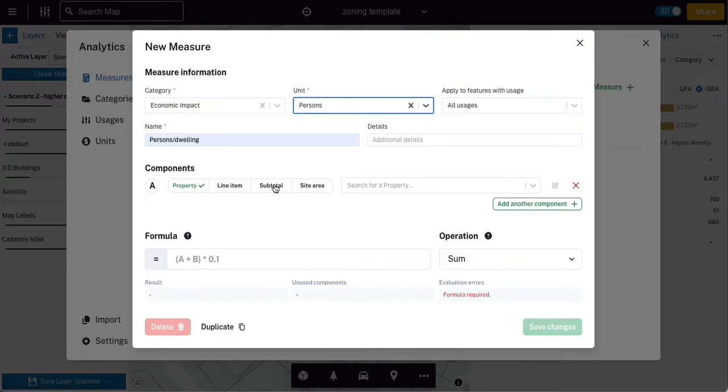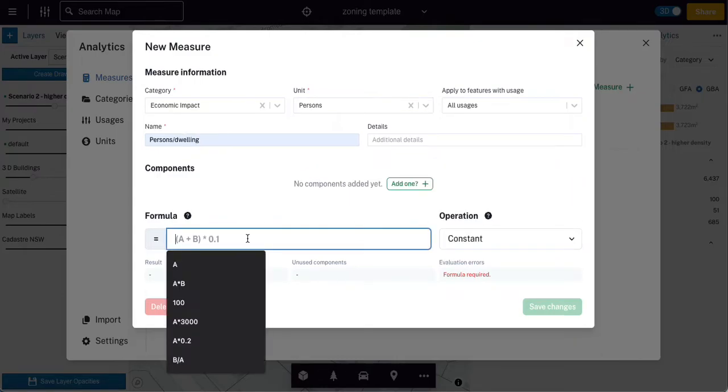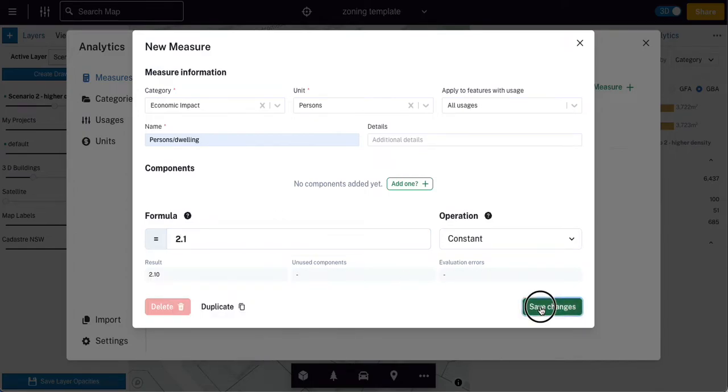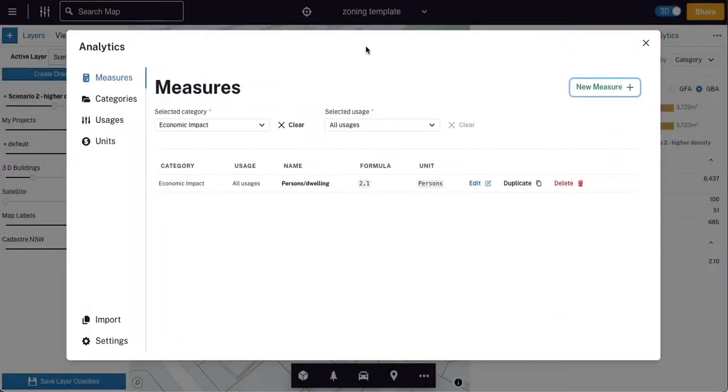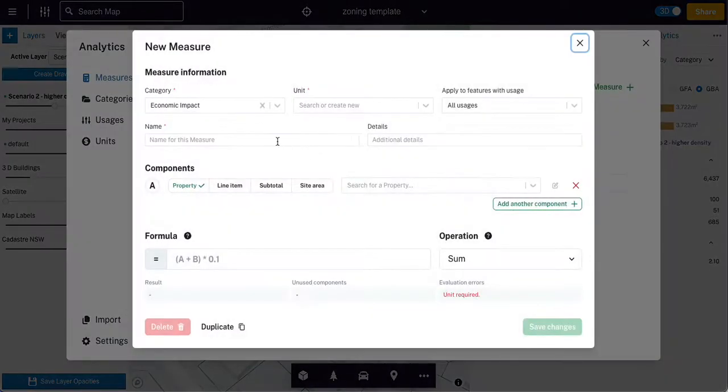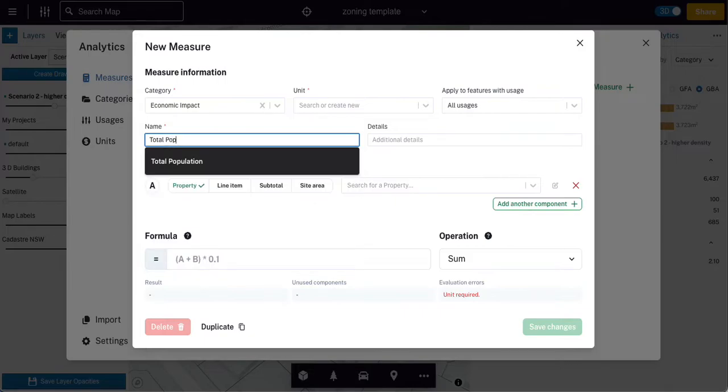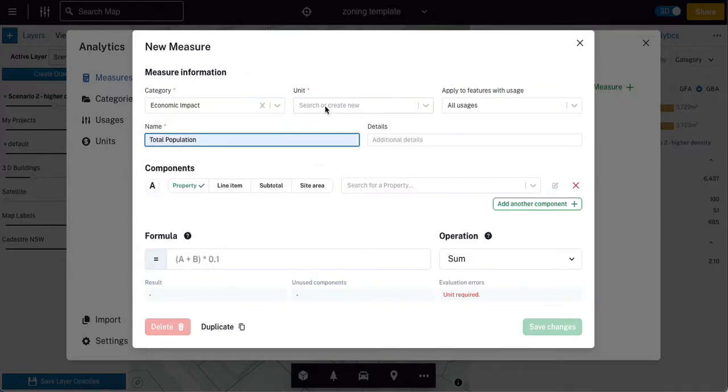Persons, and this is a constant, persons per dwelling. This is an assumption, so I'm going to say it's 2.1. 2 people, and then 10% of one person for every single dwelling. And then we can say total population, and that is going to be in persons, and that is going to be